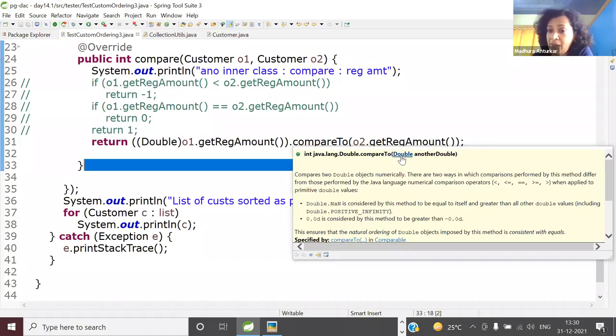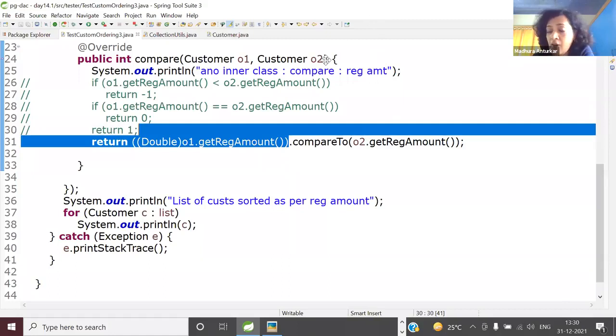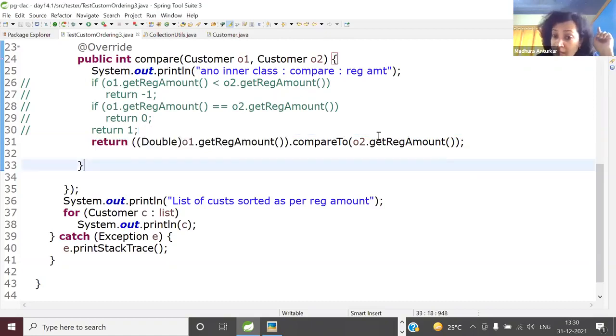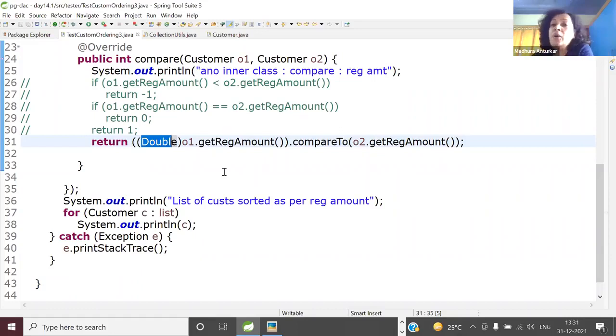Double, wrapper Double. So the moment you are using compareTo, compiler automatically understands, do you want here a primitive type or a wrapper type? P or W? What does your compiler understand? A wrapper type. So this automatic boxing compiler does. But here, compiler did not have any idea that we did not want the primitive type, but we wanted a wrapper. So this typecasting we had to do explicitly. Am I clear, Shubham? Very good.